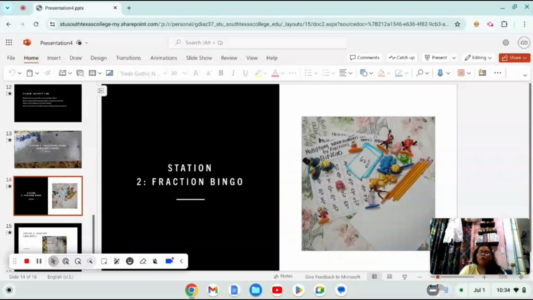Station 2, fraction bingo. You are going to be doing this at the table. There are bingo cards, and decide who's going to be the caller. The caller draws a multiplication problem card from the deck, reads the problem out loud, and displays the problem on paper for students to see. Rules for solving the problem: you could use paper or do it by mental math. Marking the cards: as everyone answers the problem, you will mark the answer on your bingo card. You will place one of the figures there, and you will continue doing that, and so on,